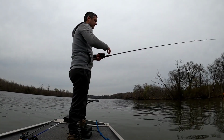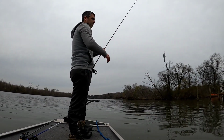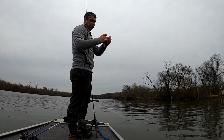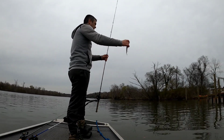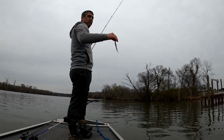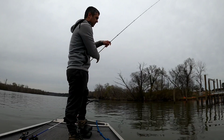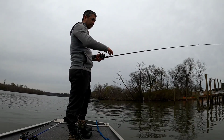Alright, so I went ahead and retied. You gotta be careful fishing kind of like this. There's tons of rocks. It even roughs the lip up and the line kind of hits the lip, plus fight the fish. So I'm not using super heavy line, even though for jerk baits I think it's just 14. Sometimes I use 12, and I know that's kind of heavy for some people probably for a jerk bait, but